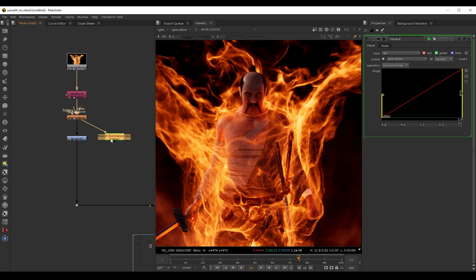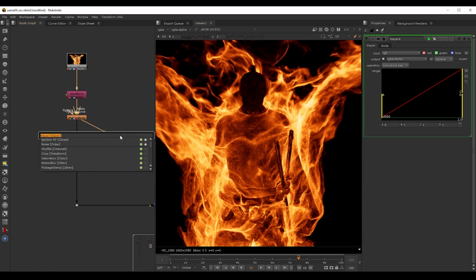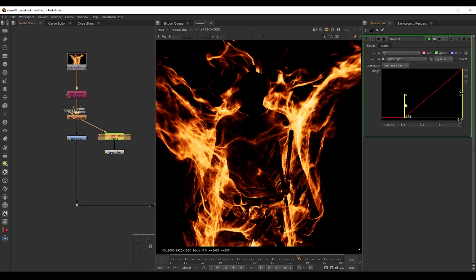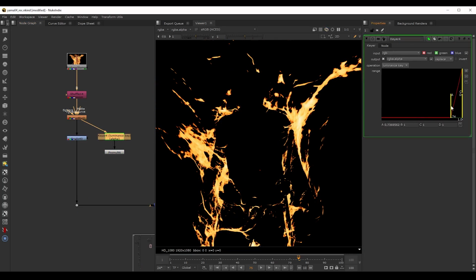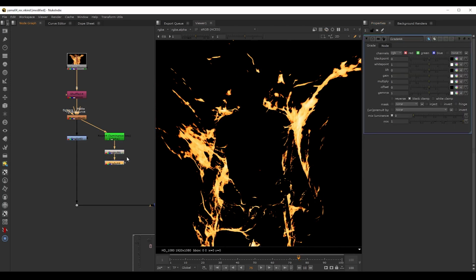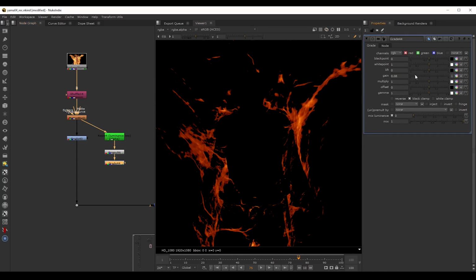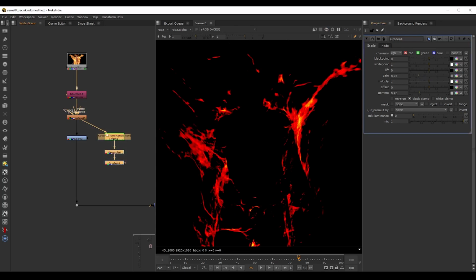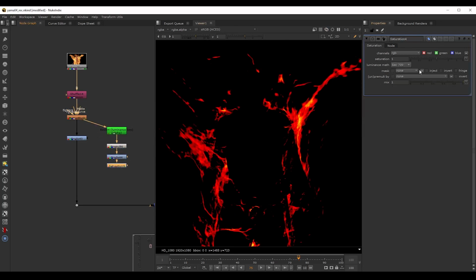So let's point this to our motion blur and we can do a pre-mult after this. And now I can grab this keyer and I can squeeze these values in until we get only the really brightest spots. And after the pre-mult, I will also do a gain, and I will gain this down and decrease the gamma as well. And now for this layer, let's do a saturation and let's almost get rid of the